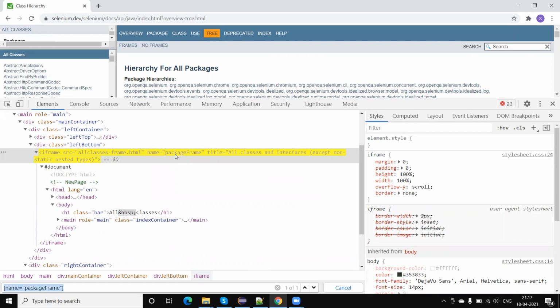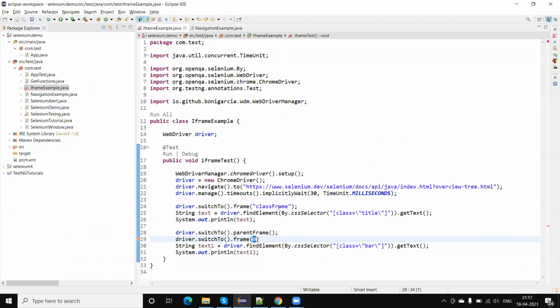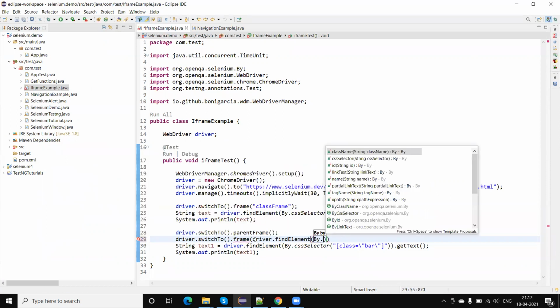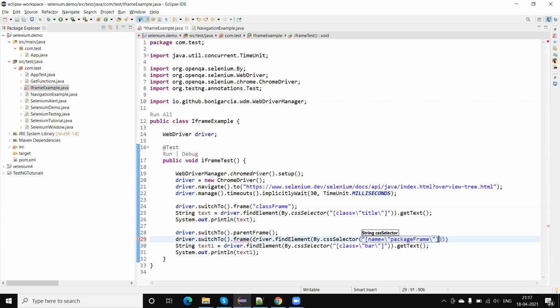Okay, so now for this I am going to use driver.findElements. I will switch the frame by using the web element object. Also you can switch frame by name, so both will work. Name I have already given example. Now I am going to give another example here. Driver dot find by dot css. This is the second way we can switch the frame.